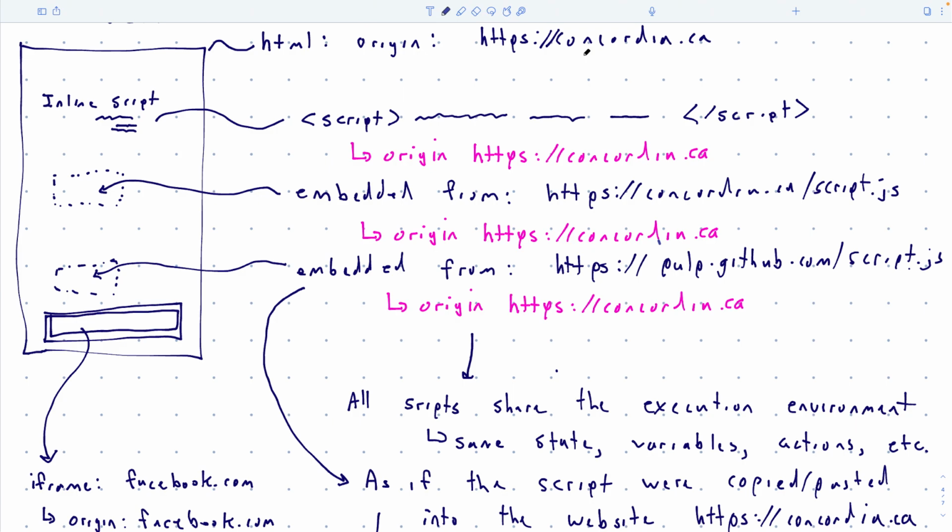Yeah, but it wasn't because they were communicating with each other. Okay. Now sometimes you do want things to communicate. You do want communication between the outside website and the frame, or if you have more than one frame, communication between different frames on the same website. So is there a way to override it? And the answer is yes.